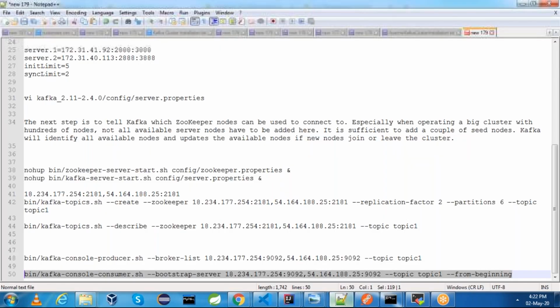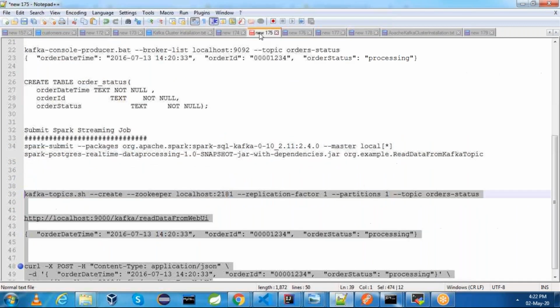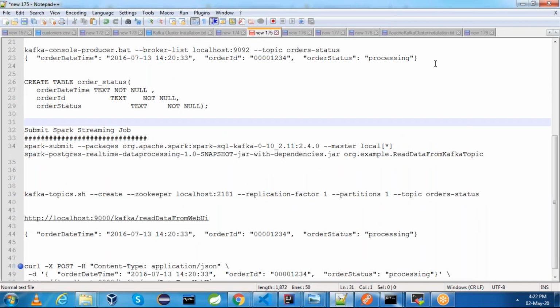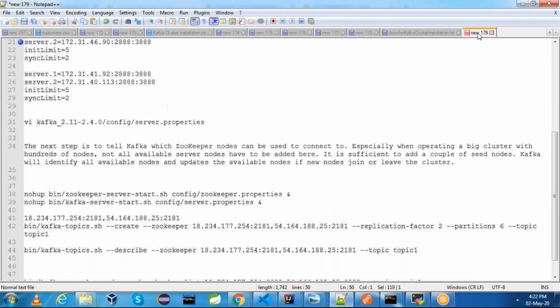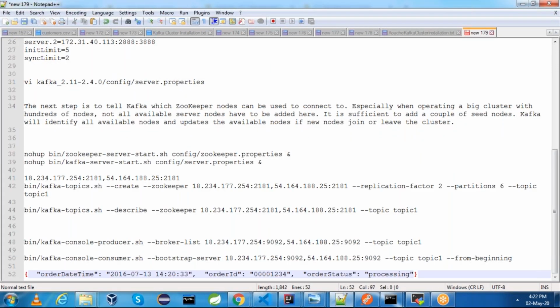As we sent some order data in our previous section, we can use the same. I'll try to send this data: order date time, order ID, order status. If we can receive this message, we can say we are able to produce and consume the data properly with our multi-node cluster setup.